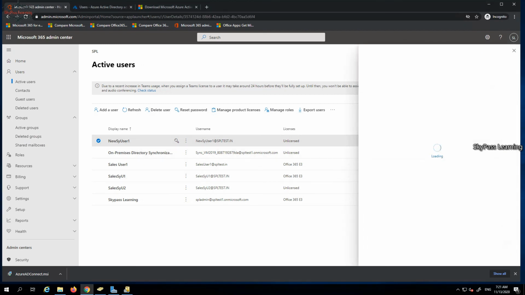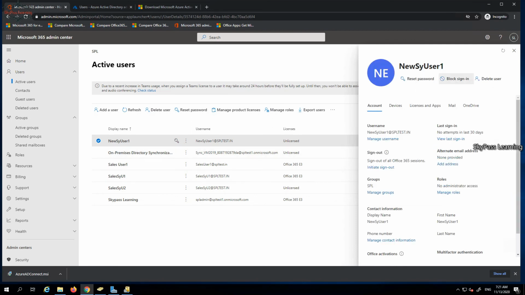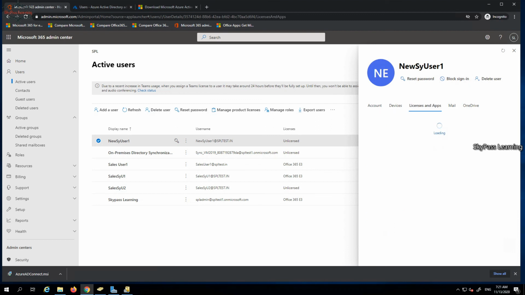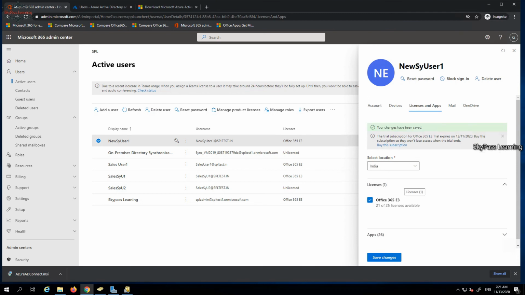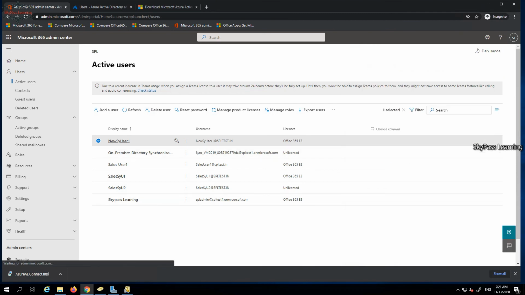So let me assign the license to this one also and show you. Okay, I just go to the licensing section, I enable that, save the changes. Okay, now the license is assigned. Let me quickly open it.